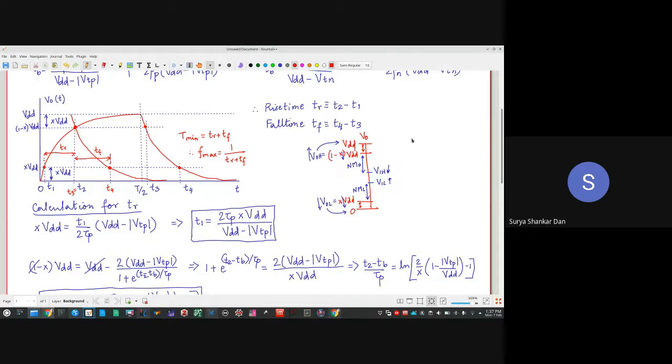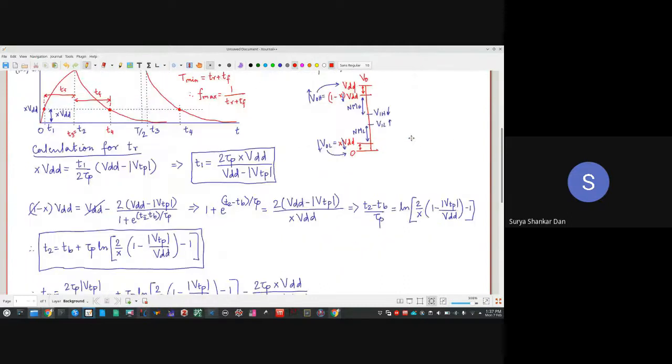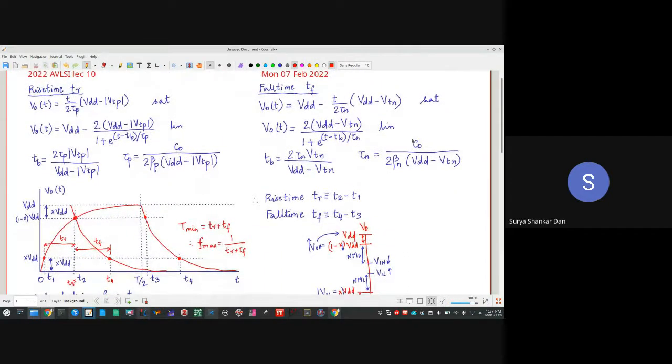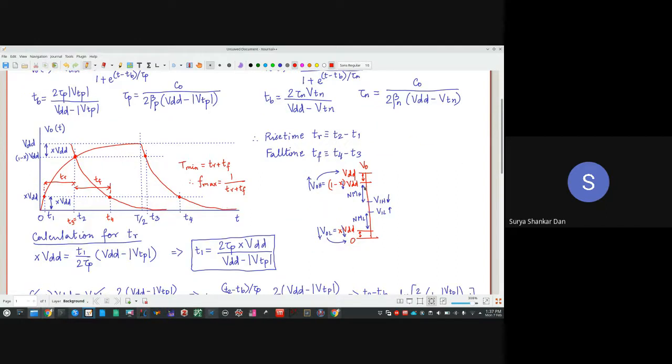Okay, everyone. Several things we have understood today. The first one is why it is preferred to have this X value close to 10%. Industrially, that is the standard of 10%. But why should you keep X, that is the fraction of VDD, as a low and high value, as low as possible, so that your noise margin is increased. So that is the easier way to reduce the VOL and increase VOH.